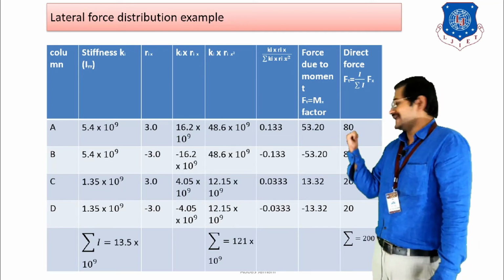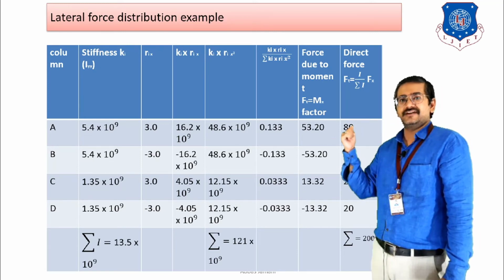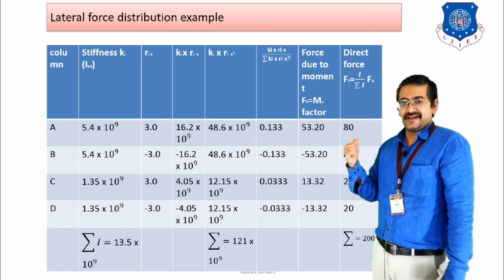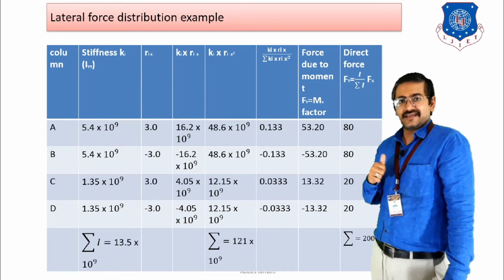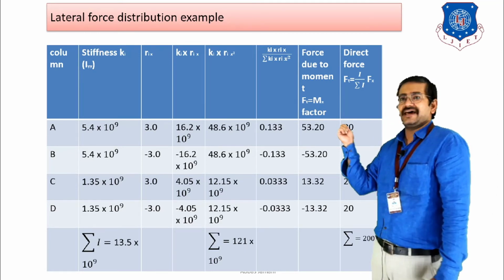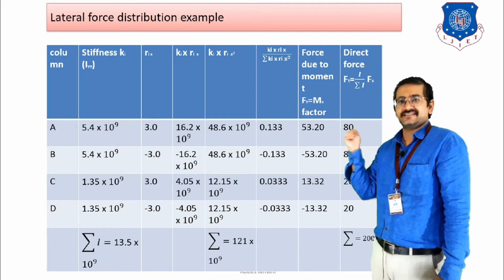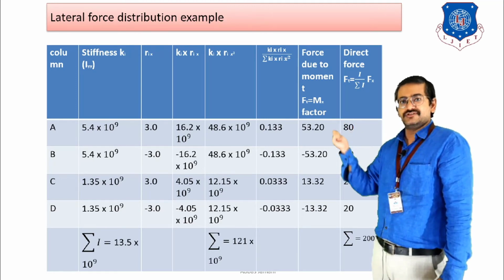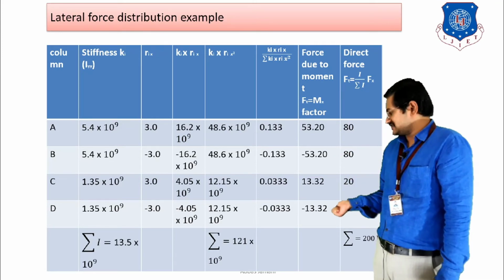Then in the next column we have to do the calculation of Ki into Rix divided by (Ki into Rix) whole square, right? So that is also shown over here. That calculation can be done because we have both the values. And once that is done, then Ki Rix divided by sigma Ki Rix square, right? So Ki Rix square, the values you have obtained for individual columns, then you have to do the summation at the bottom as shown over here.